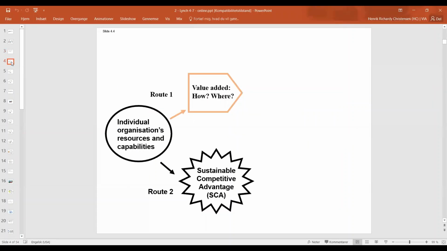Now, looking at resources, we have this individual organization's resources and capabilities. Before I move on talking about Route 1 and Route 2, let's try to make a little experiment by thinking about ourselves. So I would like all of you to think about who you are and what kind of resources and capabilities you have. Well, as a human being, you have, of course, your brain, you have your limbs, you can do things,